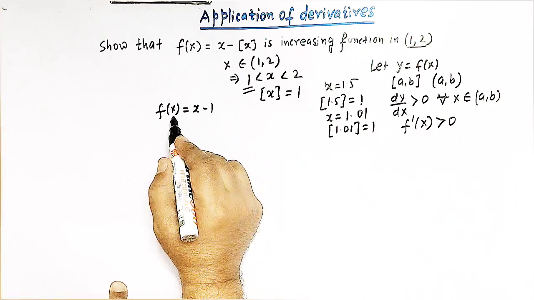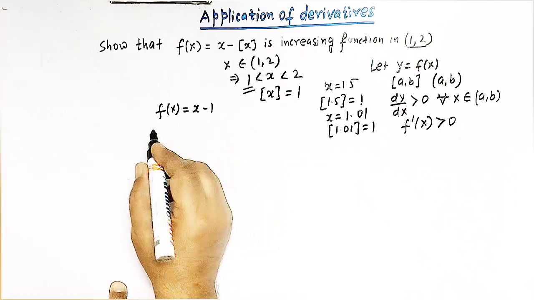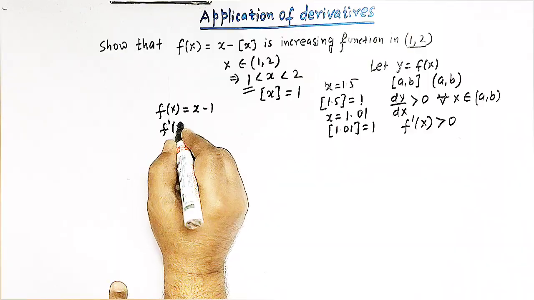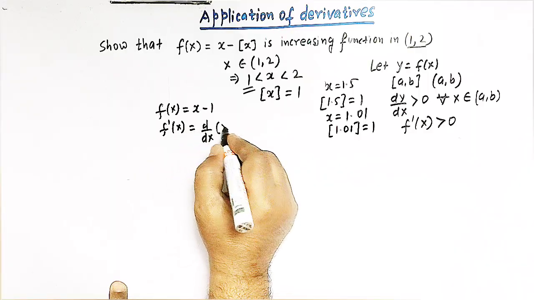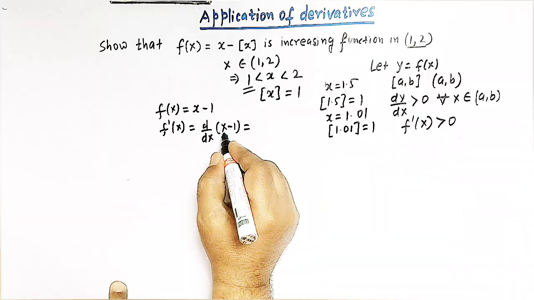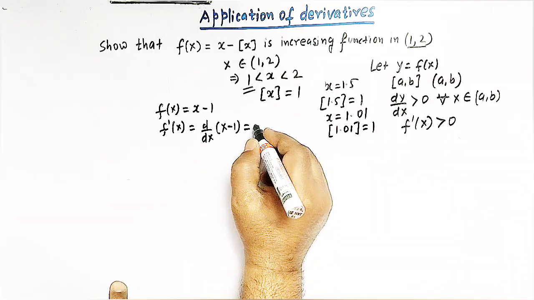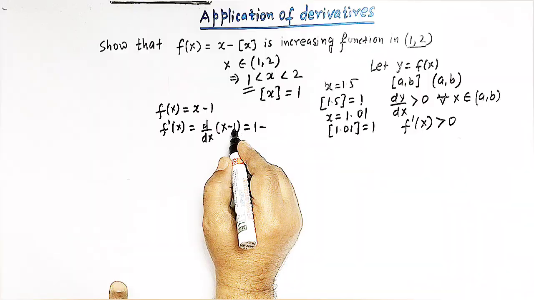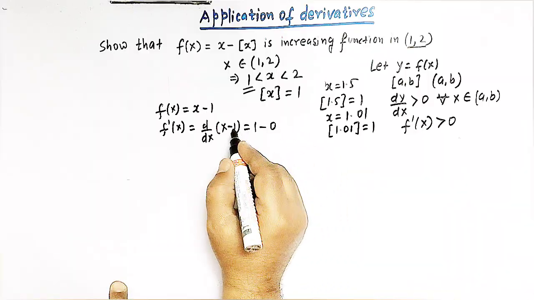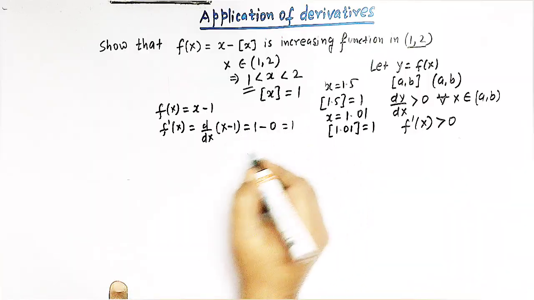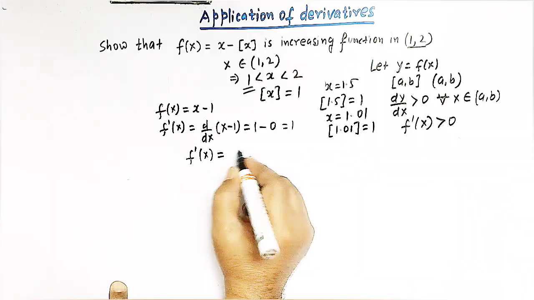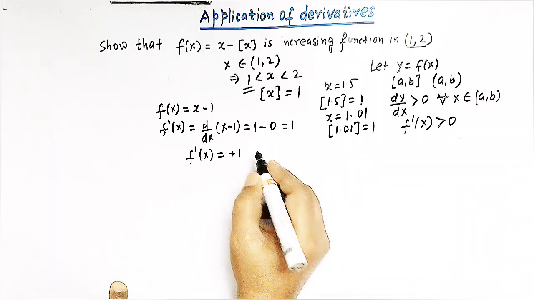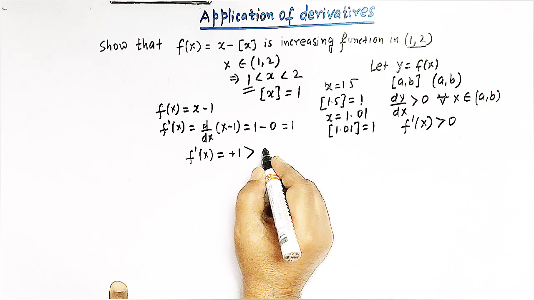So now this is a linear function, right? And if we find the derivative, that is f prime of x, then we have d by dx of x minus 1, and the derivative of x with respect to x is 1, and the derivative of 1 is 0, being a constant, so we have 1. So the derivative, that is f prime of x, is equal to 1 or plus 1, and it is obviously